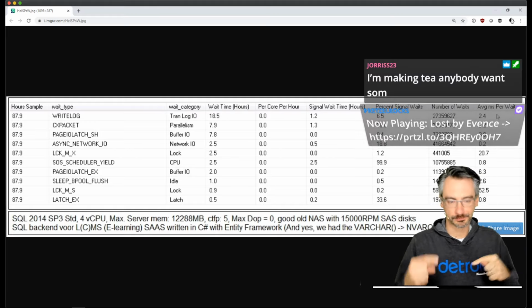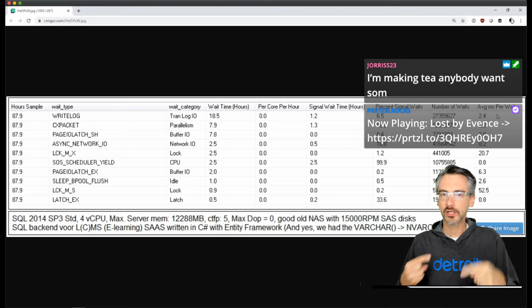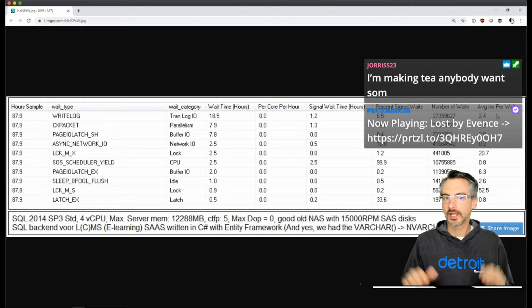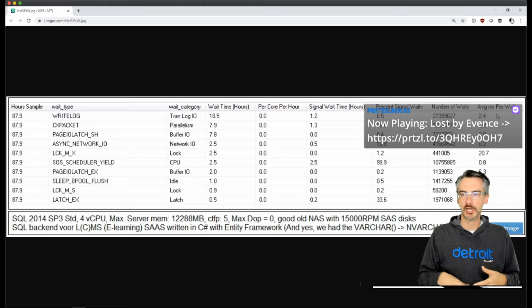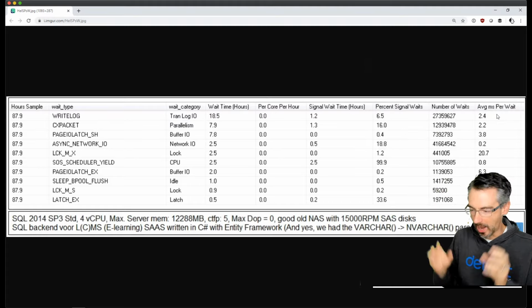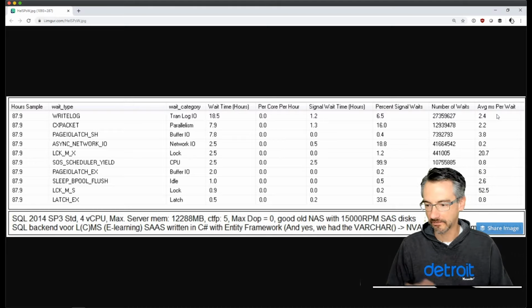So on yours, what I would say is if people are complaining about queries, I would actually look at the queries rather than the server. You don't have a server level problem that's catastrophic, just glancing down at the rest of the waits. This would be more of an issue of query tuning, asking people, okay, what query do you think is slow? And then what can I do in order to make it faster?